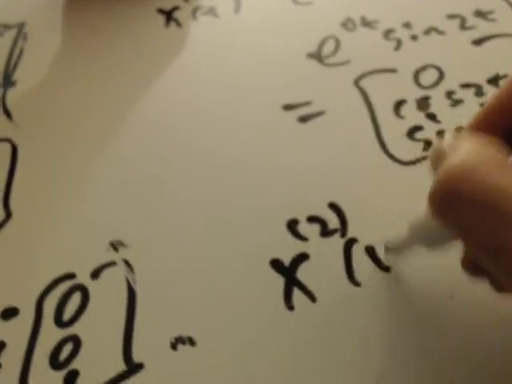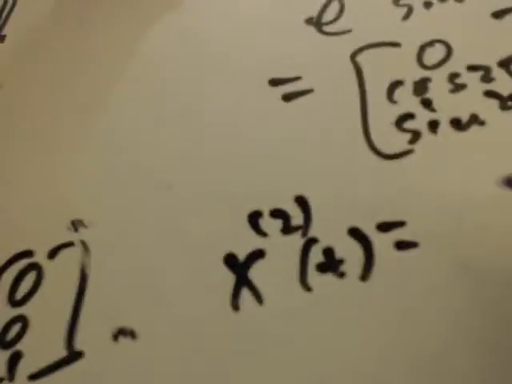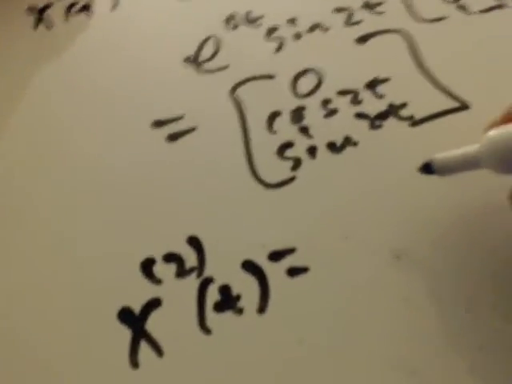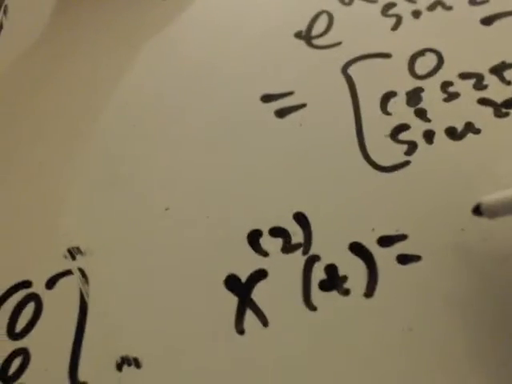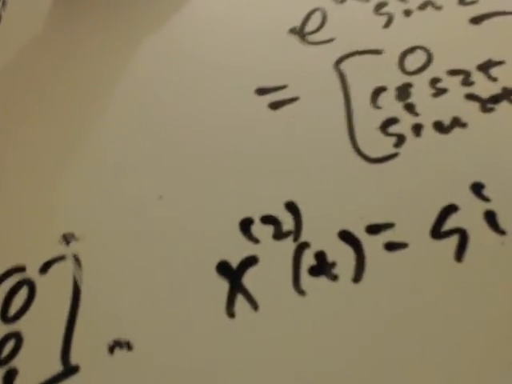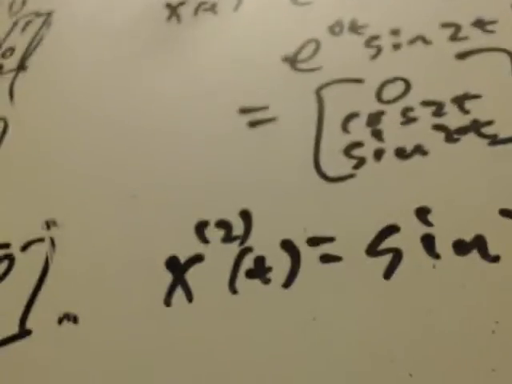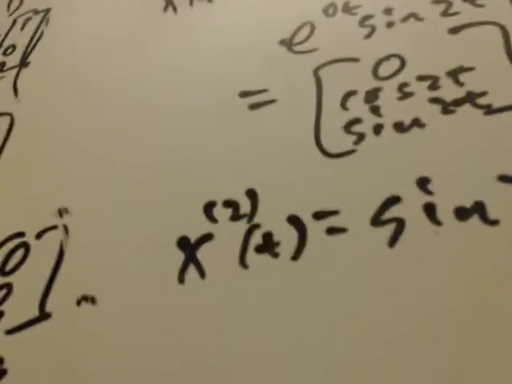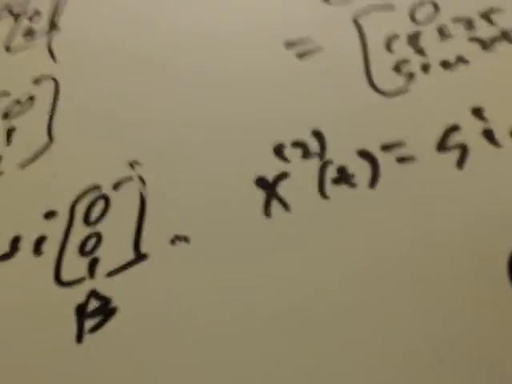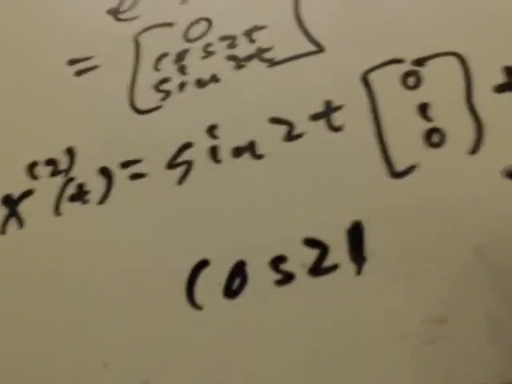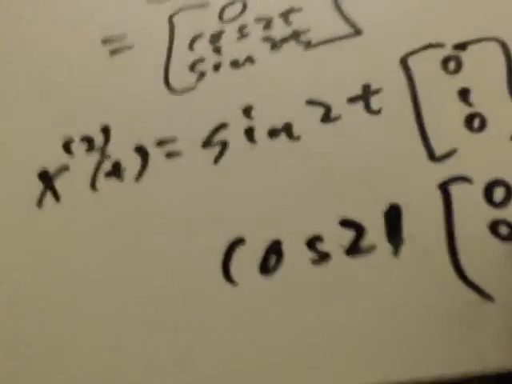x2 of t is equal to, well, we're going to have the same e to the 0t, so I'm just going to drop it out now, and I'm going to have here sine 2t times 0, 1, 0, plus cosine 2t times 0, 0, 1. So therefore I can get